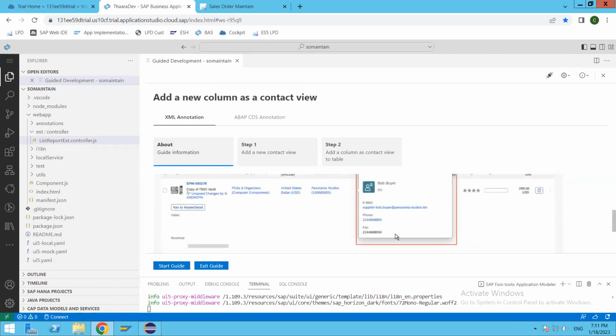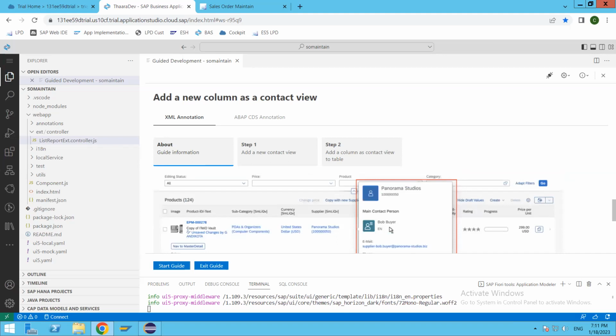Okay, and if we are looking to have a similar requirement, then we can use this guide to achieve it. For this, it might require an additional navigation property holding all this information: person, first name, last name, full name, email address, and so on. That association has to be connected to this person or contact or supplier, whoever. If we have that kind of association, only then will we be able to achieve this functionality, because